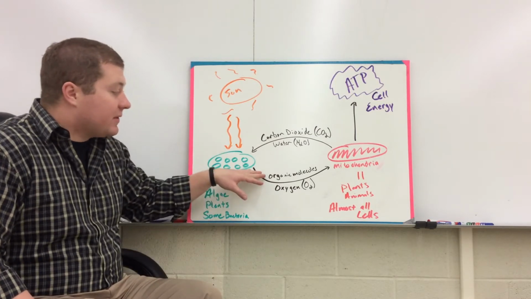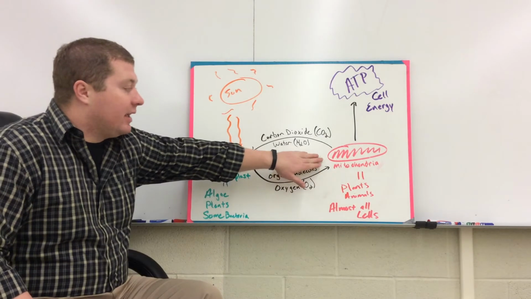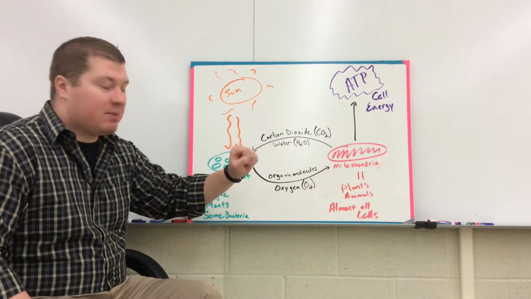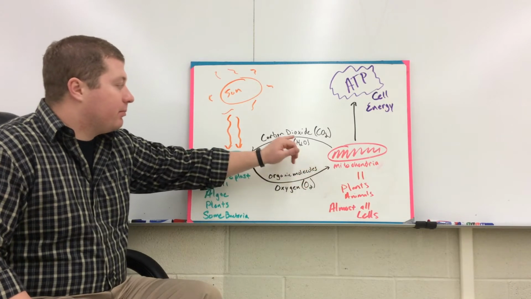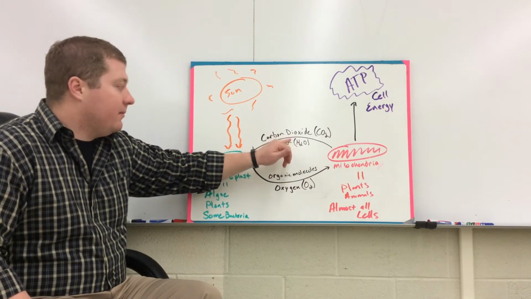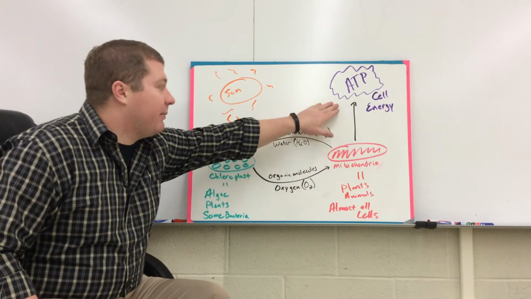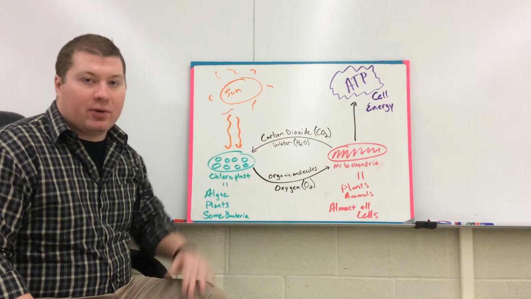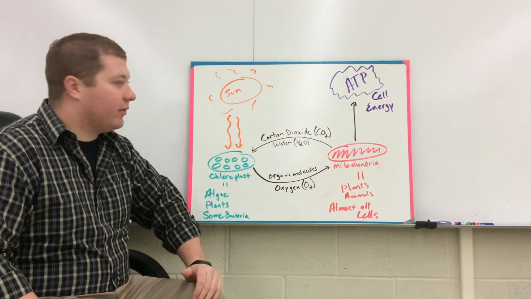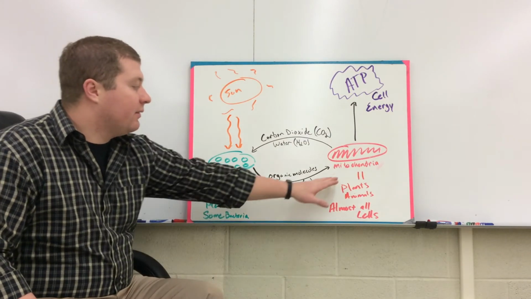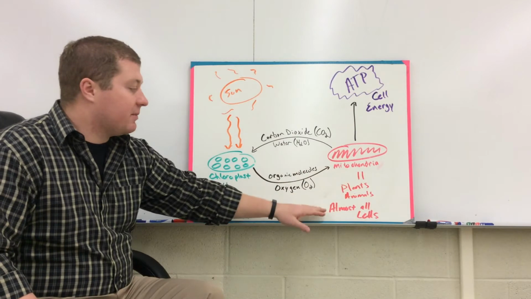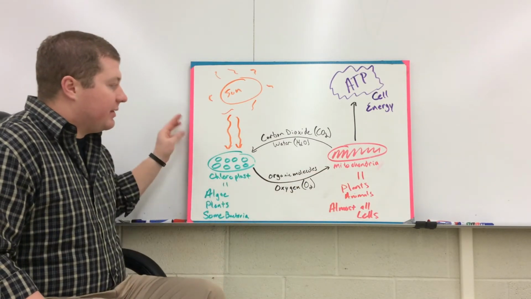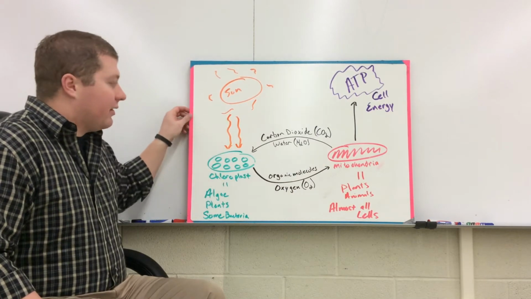Now, once those organic molecules and oxygen get into the mitochondria in the cell, so these can coexist in the same cell, the mitochondria create carbon dioxide, water, and then they provide that ATP cell energy. So there's a couple steps that we have to go through in order to get cellular energy in the form of ATP. Almost all organisms have mitochondria, but animals and plants are the two that we typically talk about having a lot of those.